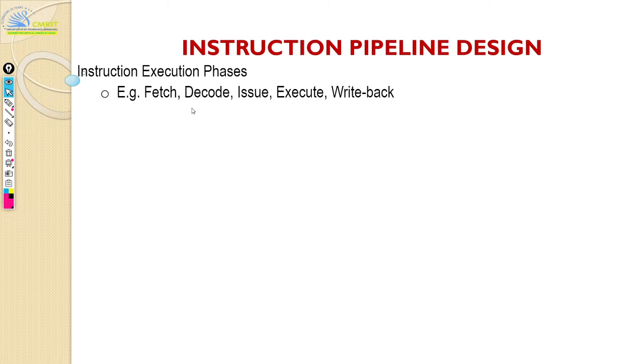In decode, you decode the instruction, as the name suggests. You interpret it. I've fetched one instruction blindly. What instruction is this? Is it a load instruction? Is it an add instruction? I need to know whom I have to make ready. So decode takes care of that. It tries to find out what this instruction is referring to.